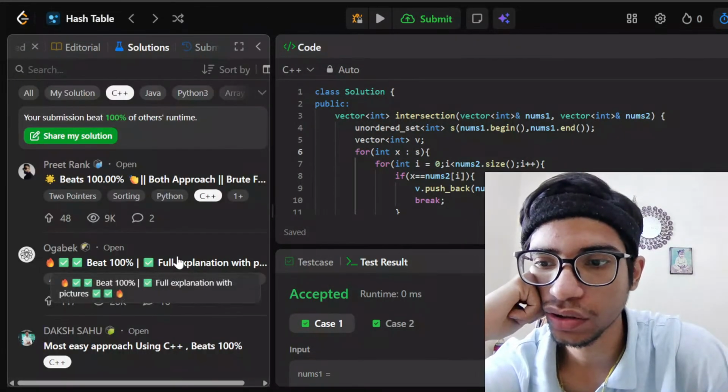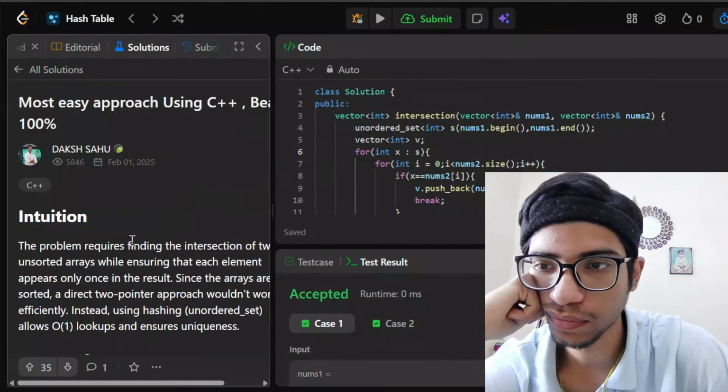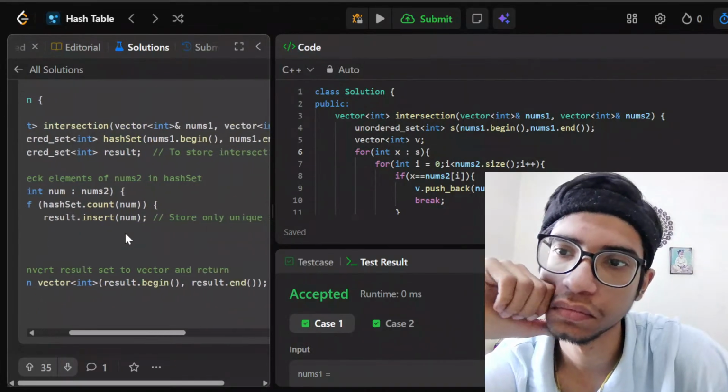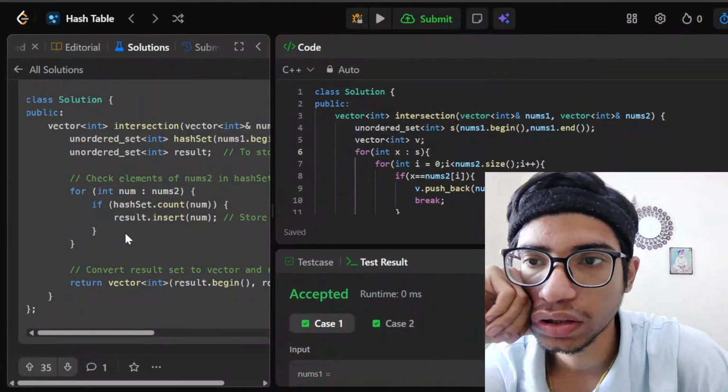What would be the optimal solution to this? So unordered set,